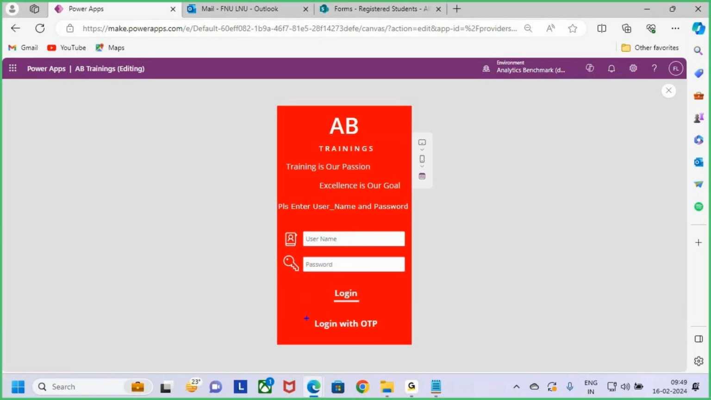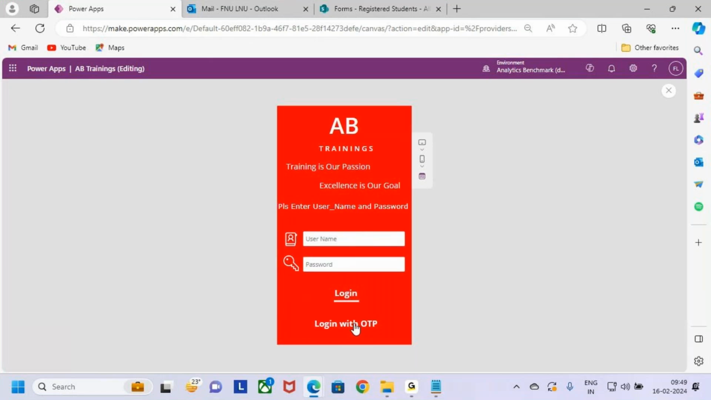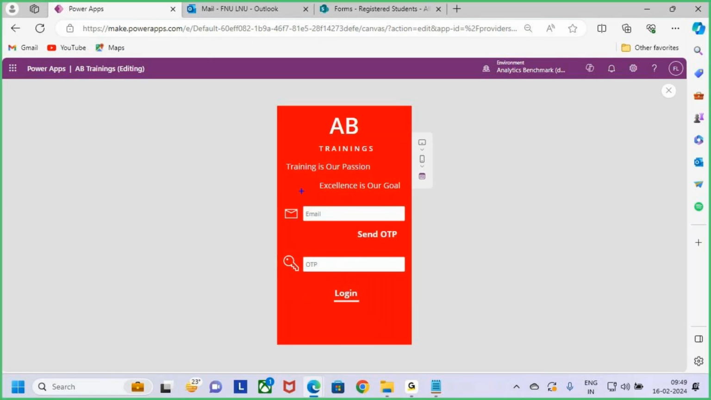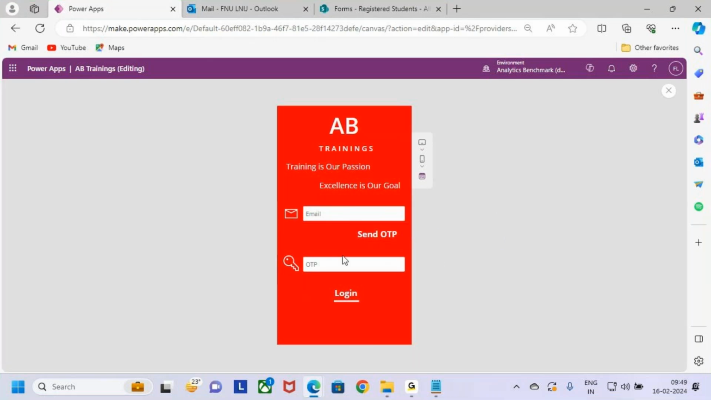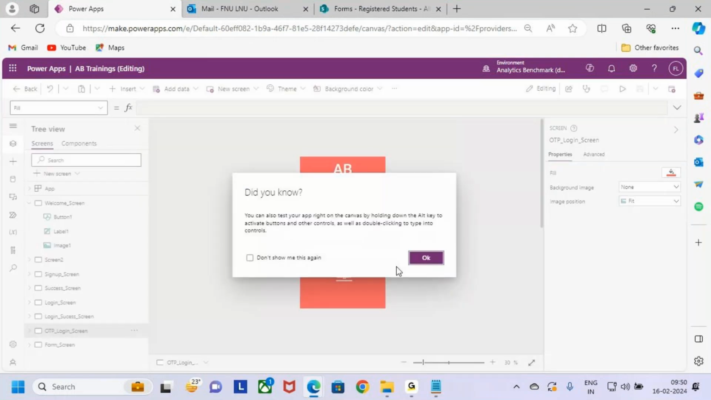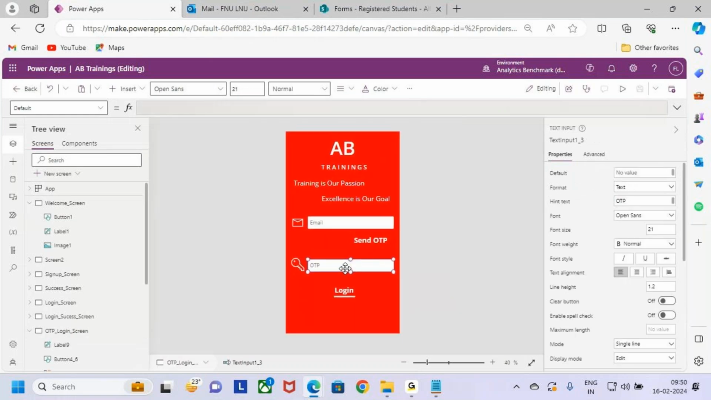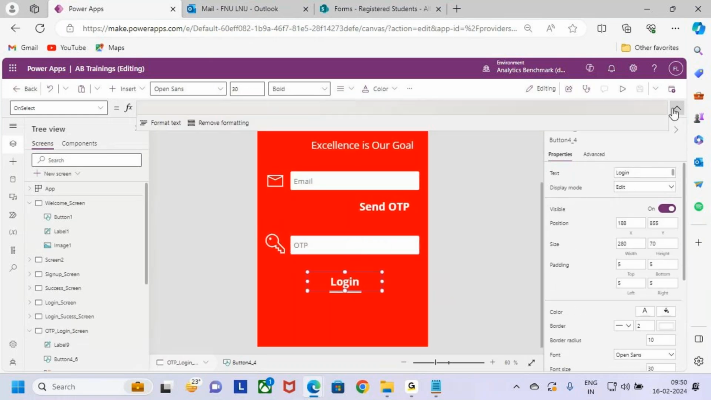Suppose you forget the username or password, then how do you log in? I want to allow the user to log into the app using OTP authentication. When I click on this login with OTP, it goes to another screen where I can enter the email. When I click on send OTP, what is this action doing on select of this button? It will check whether the email I'm entering here is there in my data source or not. If that email is there in my data source, then send one notification, that is OTP, to that email. Once the OTP is sent, copy that OTP and enter the OTP here. Now whatever OTP I'm entering here, if this OTP and the OTP the variable is holding,